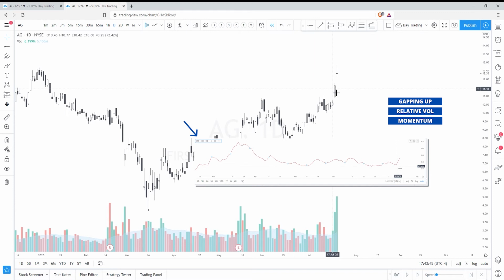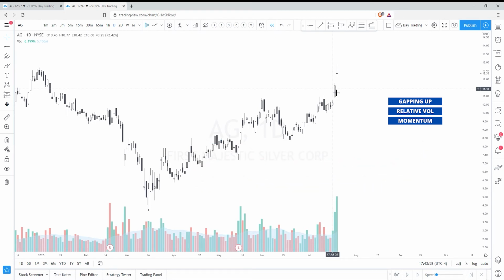What's really interesting about First Majestic is over the past couple days, the average true range went from about 4.5% to almost 6%. That's a pretty big jump in average true range. You can tell there's some volatility in there, some interest in there, and surely the volume here corroborates that. It's really a huge amount of volume, great volatility, and some strong momentum. And then last is